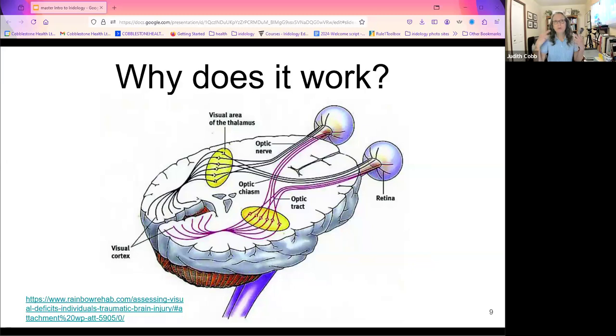Okay, so why does this work? The brain knows what your body is genetically, right? The eyeballs are direct connections to the brain. They are your largest neural receptors. The iris itself has 28,000 nerve endings. We don't know what most of them do. We haven't got that figured out yet.